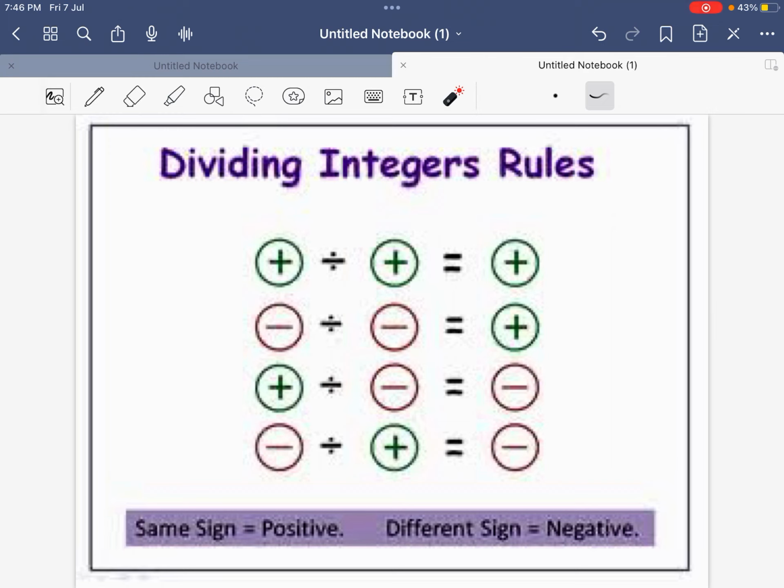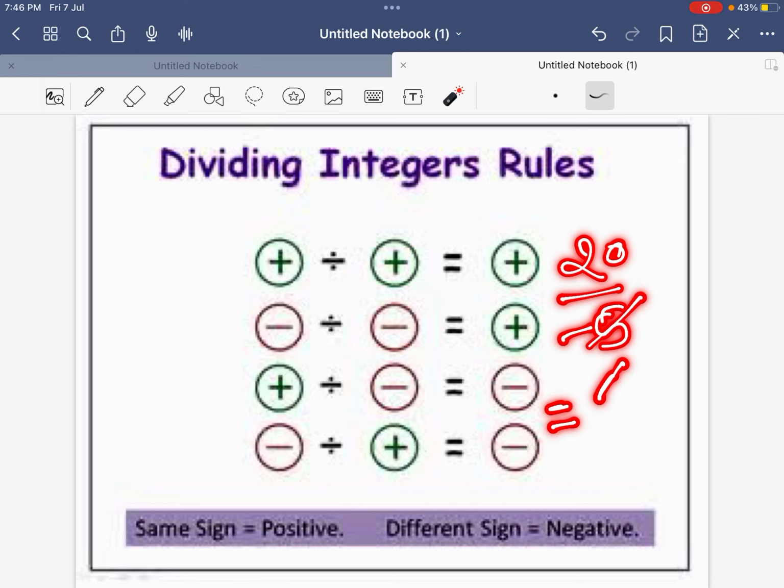Out of that, if any one number is negative, just assume the second number is negative. Write this down once again: 20 upon the second number, which is negative, so write down 20 upon minus 5. So what will happen? If you divide 20 by 5,